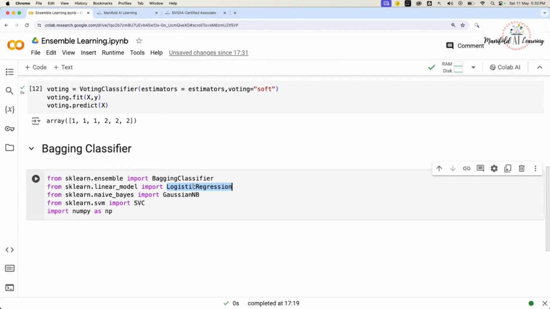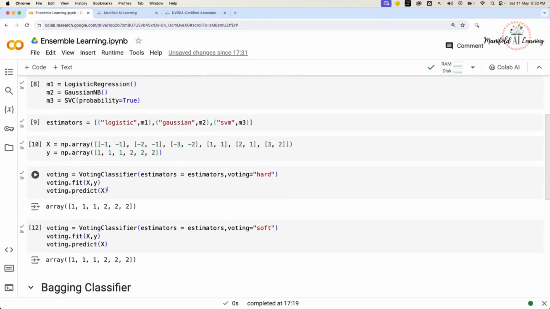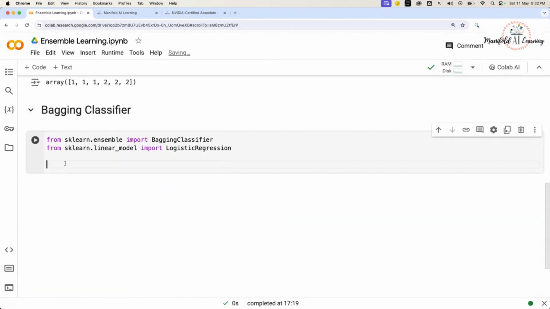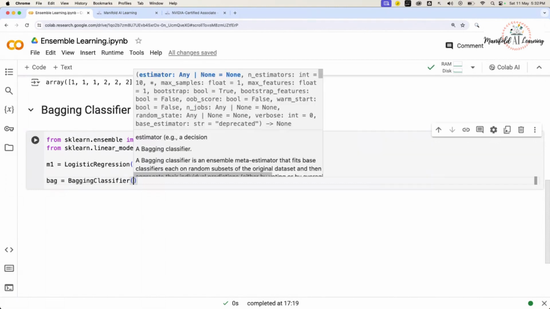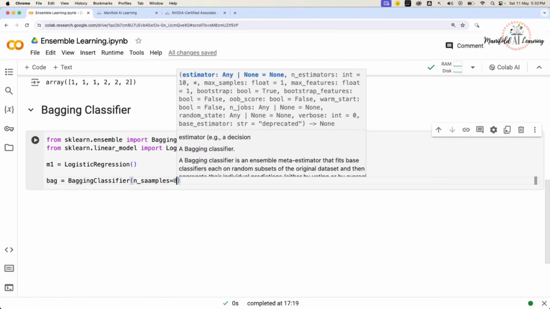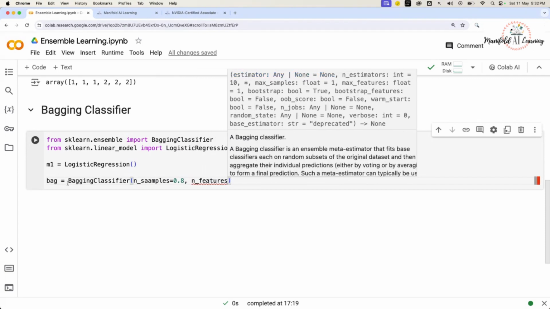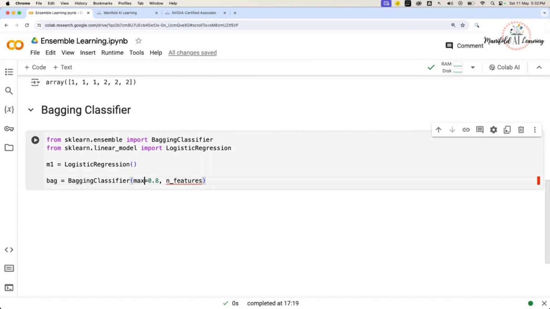Now, we can make use of, let's say, logistic regression itself, okay, just for the demonstration purpose. So here I'm going to instantiate a model. I'll say M1 is equal to logistic regression, and then I'm going to call the bagging classifier. I'll say bag is equal to bagging classifier, and here I'm going to mention my number of samples. I'll say 0.8, and number of features, it's actually max samples, okay, and max features